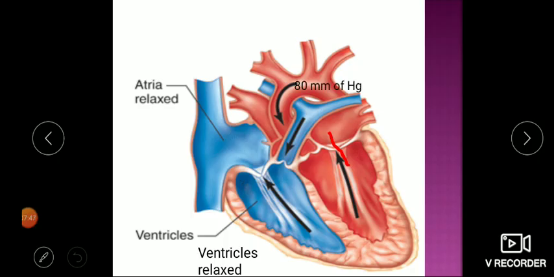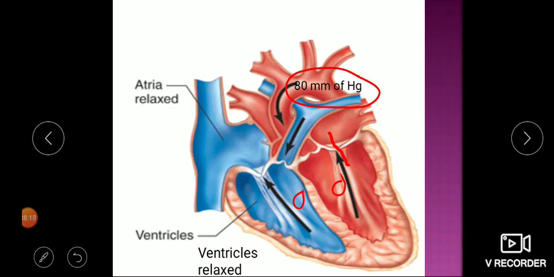So at the beginning of ventricular contraction, as we know, the pressure in the ventricle will be 0, but in the vessels, especially the aorta, pressure is never 0. These are elastic vessels, so vessels will not collapse. Pressure inside the vessels will not be 0. It is the Windkessel effect. The minimum pressure at the end of diastole is 80 millimeters of mercury. What is the reason? We'll see during hemodynamics of the blood.